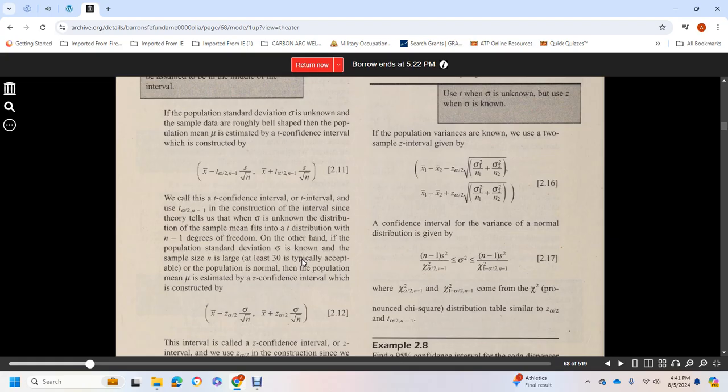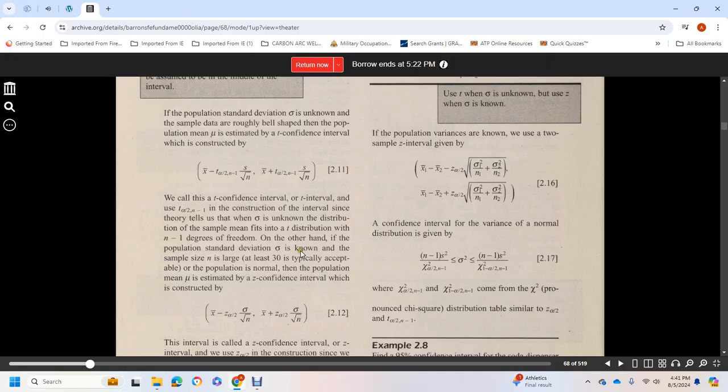We call this the t confidence interval or t interval, since the theory tells us that the sample mean fits the t distribution with n minus 1 degrees